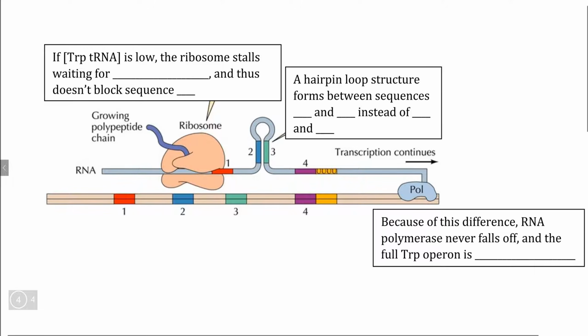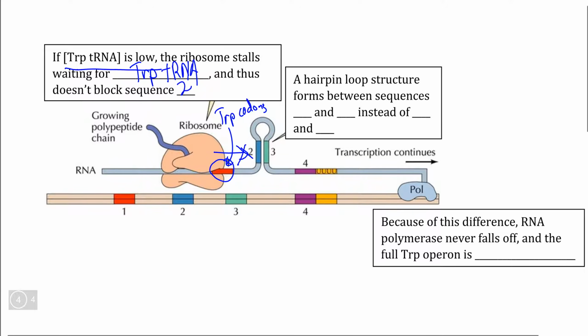Now, while a high concentration of tryptophan leads to an inhibitory attenuator sequence, we can see that a different result happens if the concentration of tryptophan-containing tRNA is low. Here, the ribosome has stopped at sequence number 1 because there are a lot of codons that signal for the addition of tryptophan, meaning that if the concentration of tRNA containing tryptophan is low, the ribosome is going to stall waiting for this tryptophan-containing tRNA, and as it is waiting,